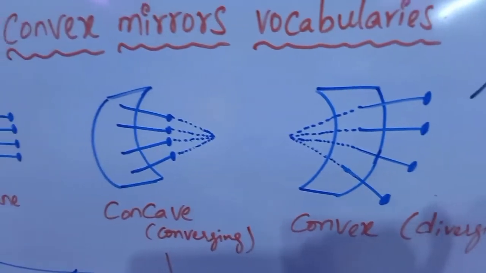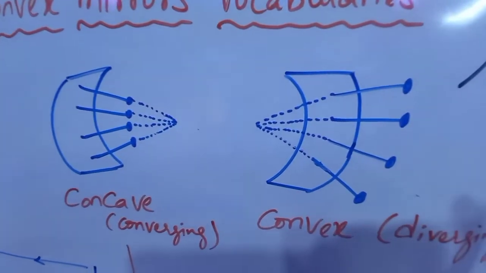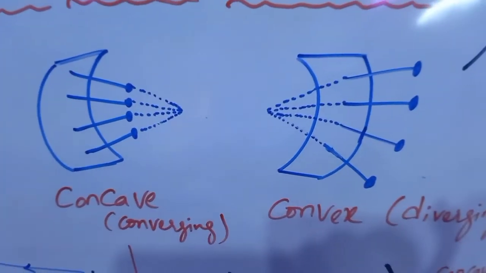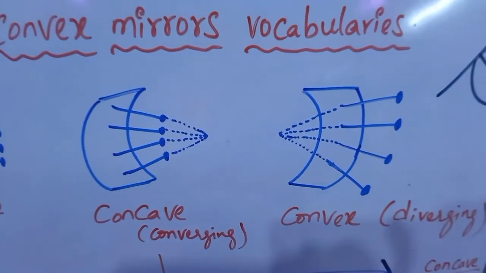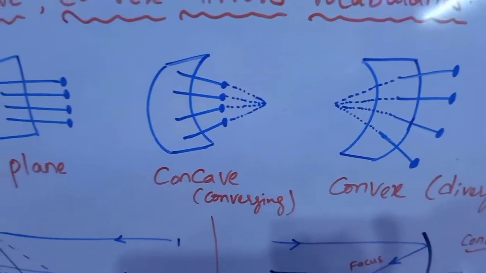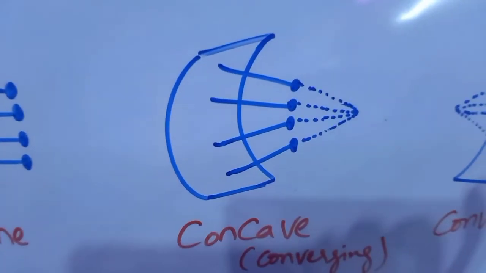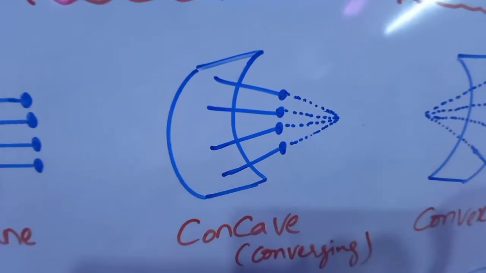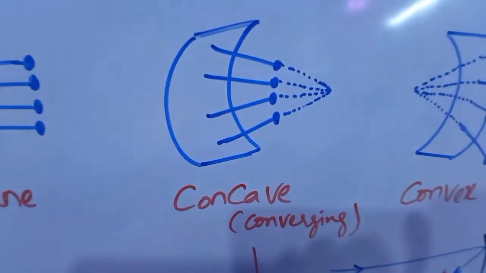Okay, this gives us an idea of what is likely to happen with a spherical mirror. When we perform such an activity with a rubber sole of a slipper, we get some idea of what will happen when light rays fall on spherical mirrors. A concave mirror will be like a rubber sole bent in the inward direction. Then what will happen to the light rays which are falling? The light rays will converge at a point. So a concave mirror is called a converging mirror.